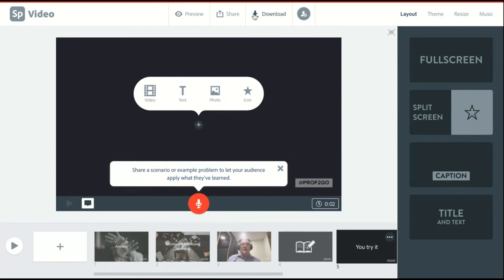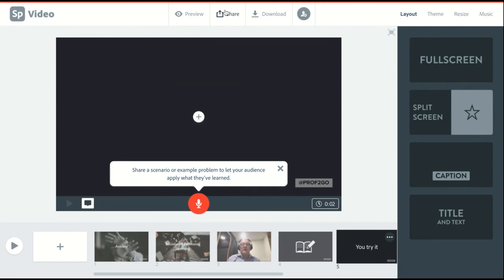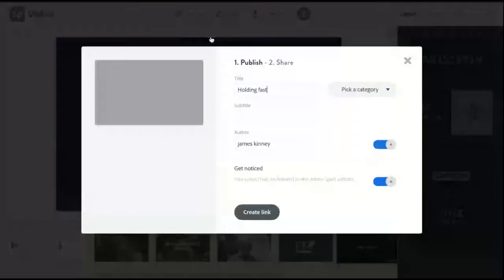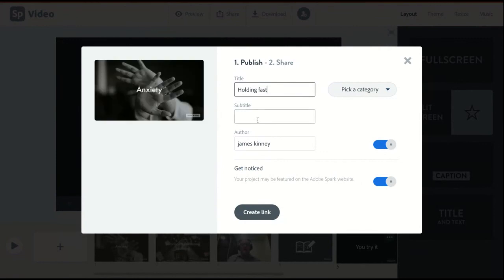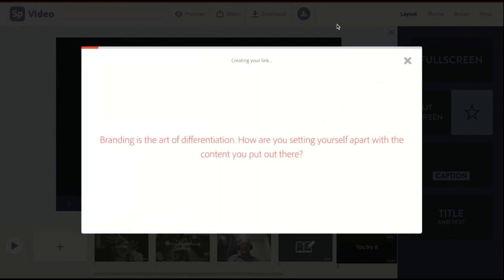When you're done, it's as simple as you can download the video and you could bring that into other editing software if you wanted, publish it to other platforms, or you can share it to the Adobe Spark platform. And you just give it a title and pick a category, education, and it generates a link.